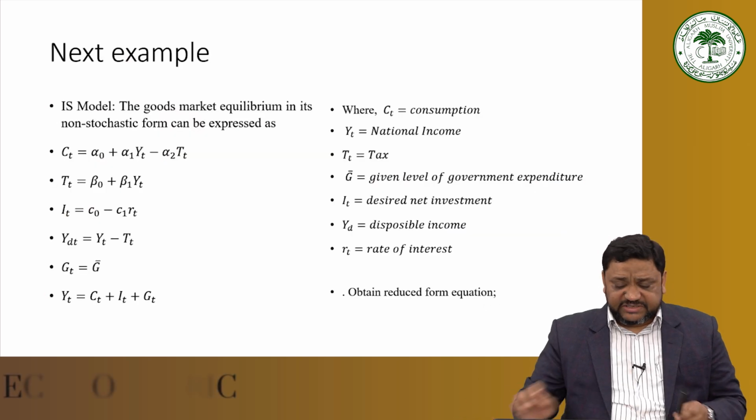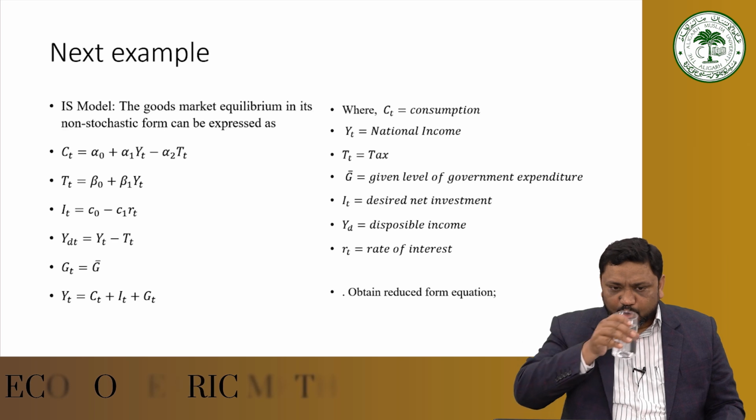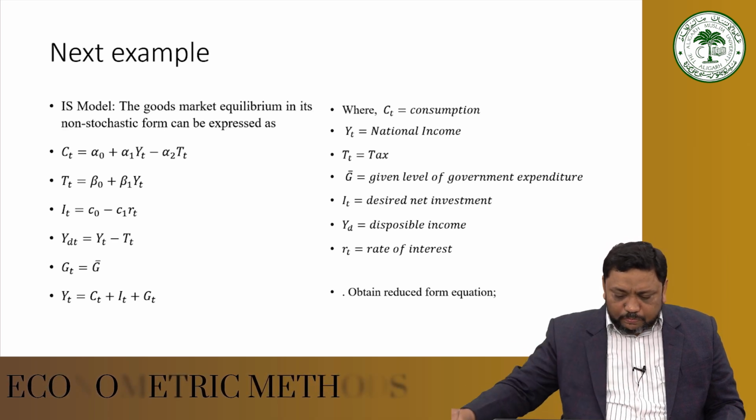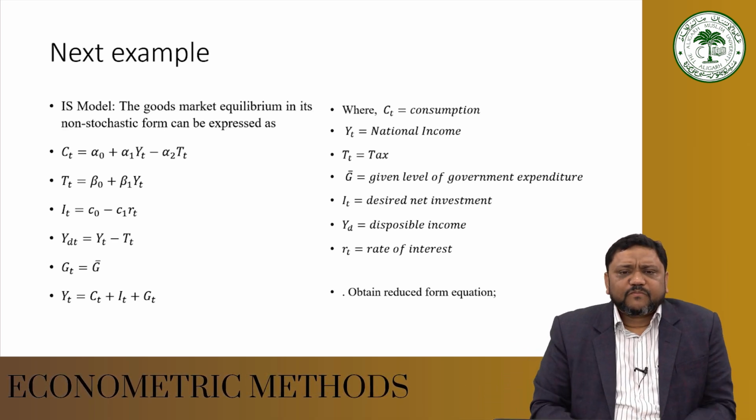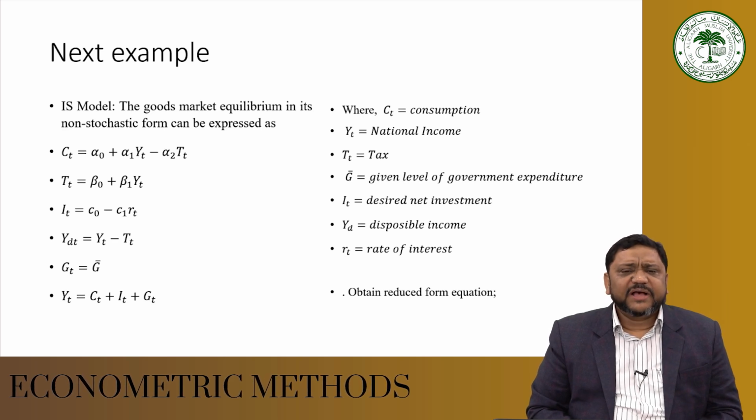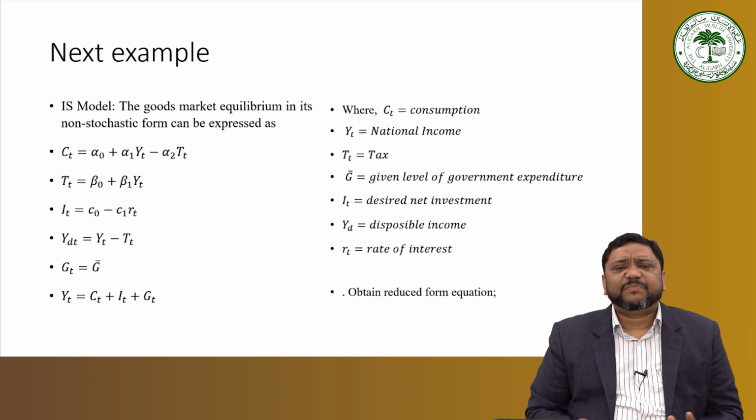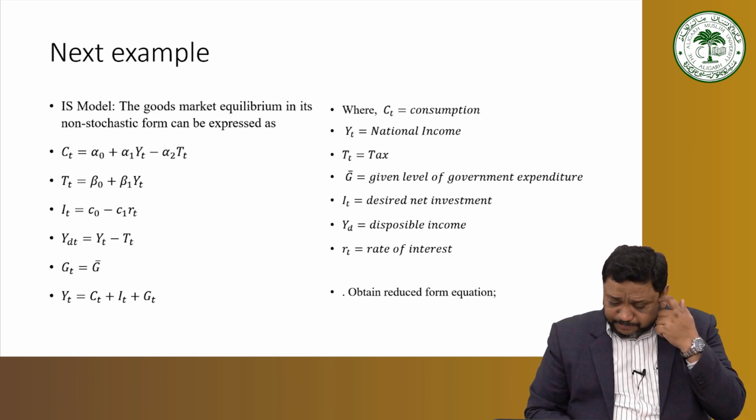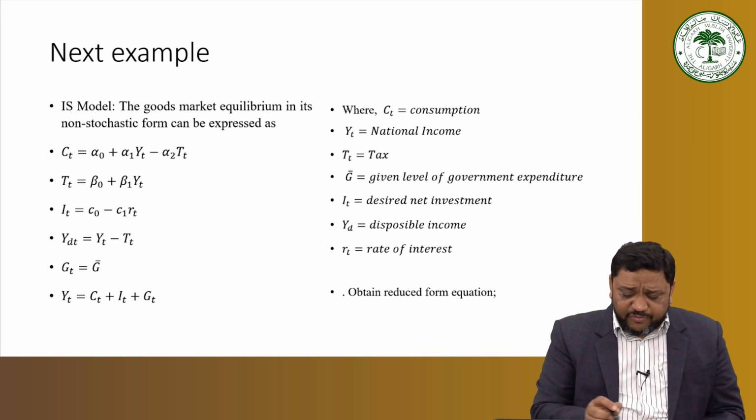Let us take one more example. Take the IS-LM model. In the IS-LM model, the goods market explains the combination of interest rate and levels of income or output such that planned saving is equal to income. So now we can write